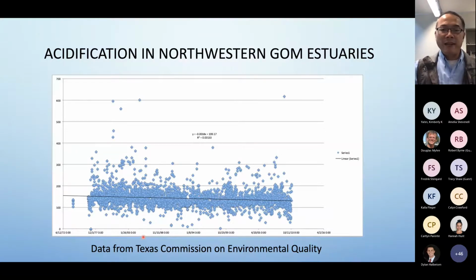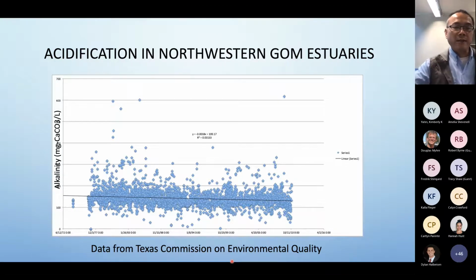And statistically, there is a significant decrease trend across the entire coastline of Texas. You can see the data started from about the 1970s, and it stopped there. That's when they had the data set. But this data is actually continuing, because the agency, the Texas Commission on Environmental Quality, is still collecting the data along the broad coastline here.